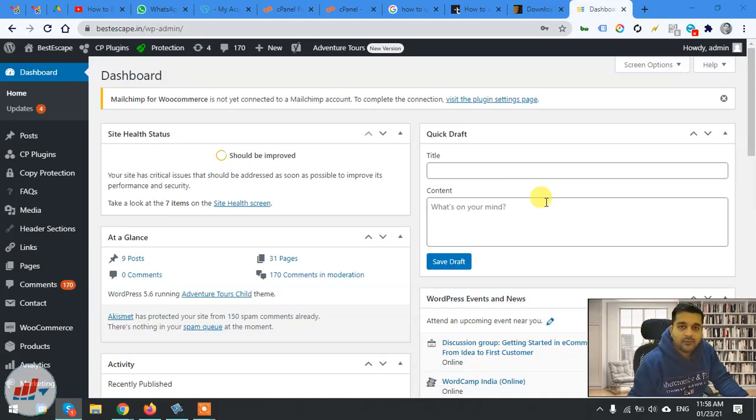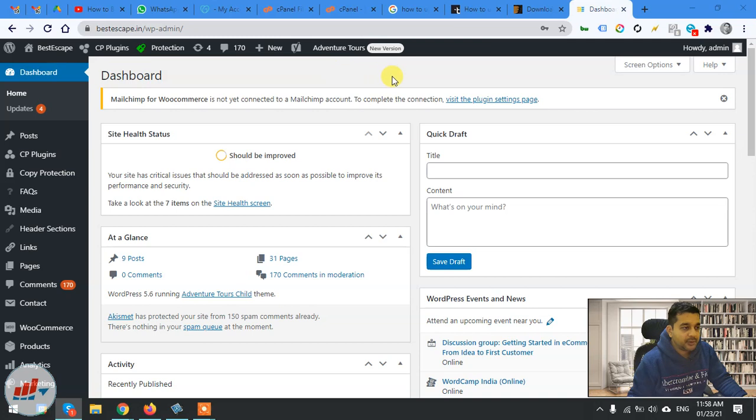Okay, so if you are using any WordPress theme, I mean you have purchased any WordPress theme and it's asking for an update, then how can you update the theme manually through the file manager in your cPanel? So today's topic will be updating your theme manually using the cPanel file manager. I'll guide you regarding that.